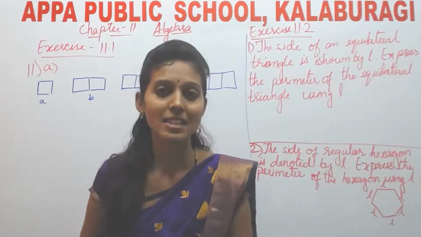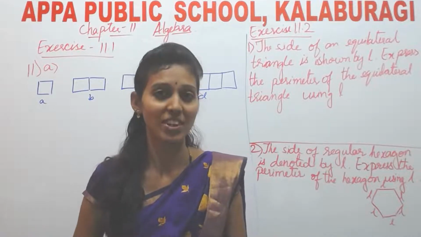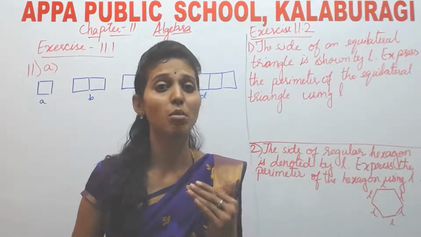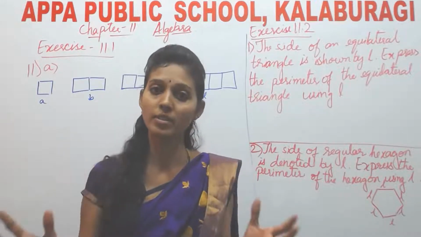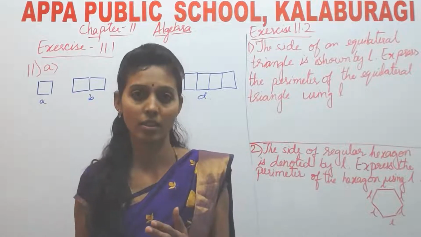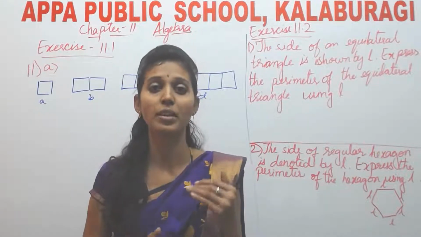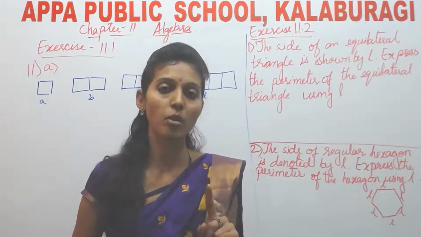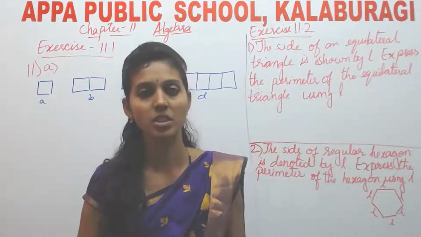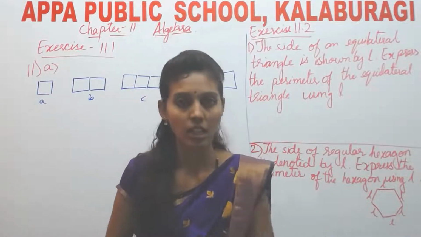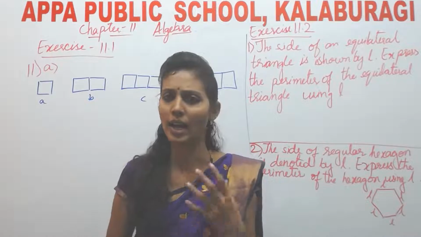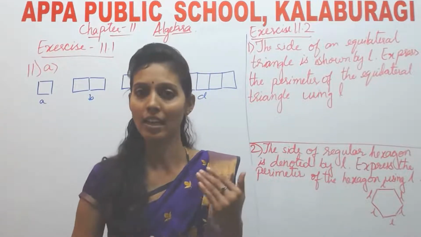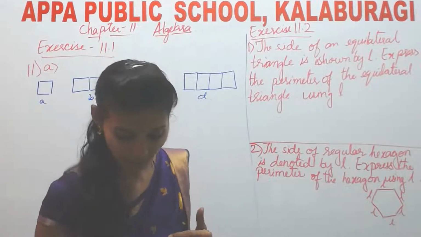How was the class last time? It was nice, right? We did some magic and started to solve exercises also. Number of multiples will not be given, one hint will be given, and we have to find the general rule for that. We have done it, right? Yes. One problem is remaining from the first exercise, all the rest is from the second exercise. As you all know, I'll always solve one and leave another. If it is so similar, then I will leave it for you, right? Come on. Now,